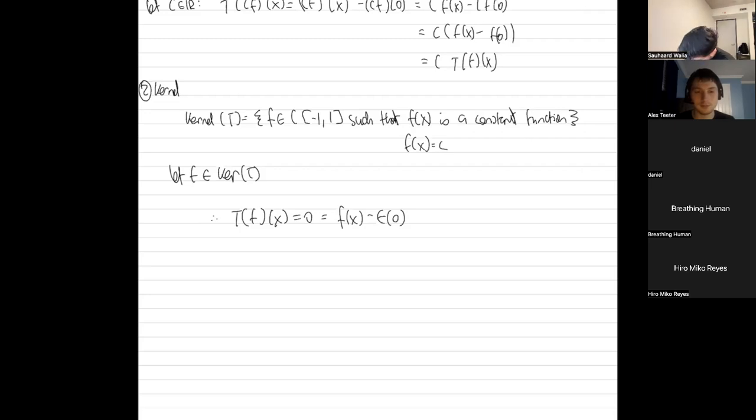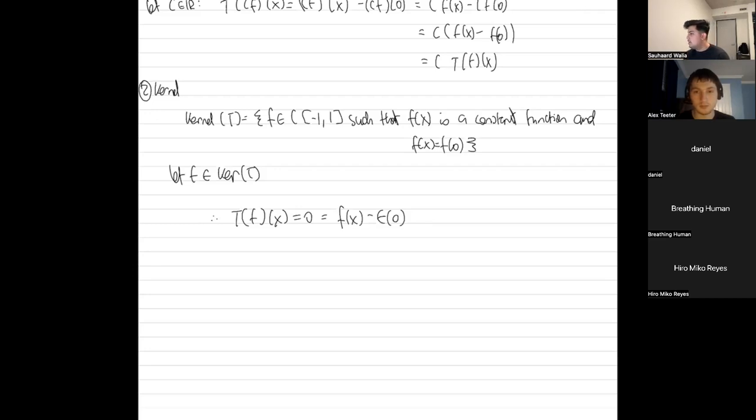Am I saying this right? T of f of x is equal to 0. We need f(x) to be equal to f(0). So we actually need f(x) to equal f(0). Does that make sense? So let me just add that condition. So that's our